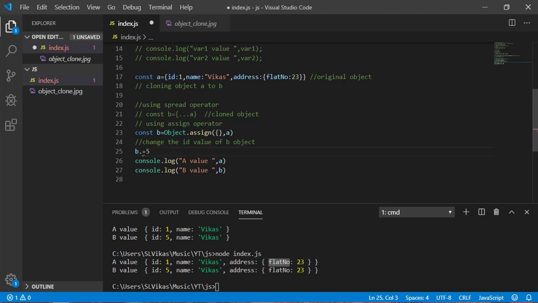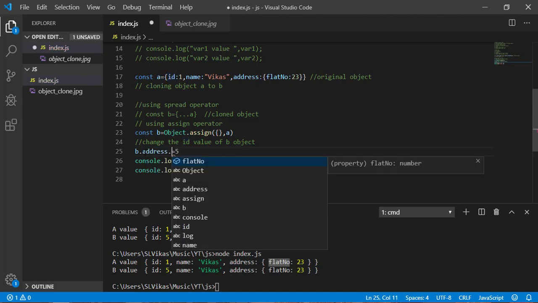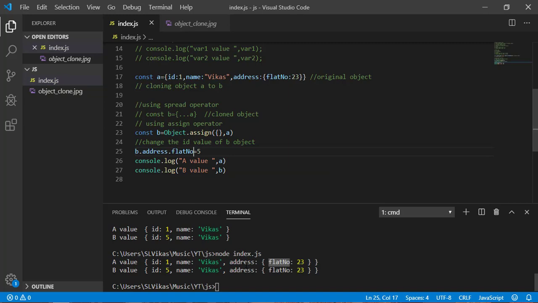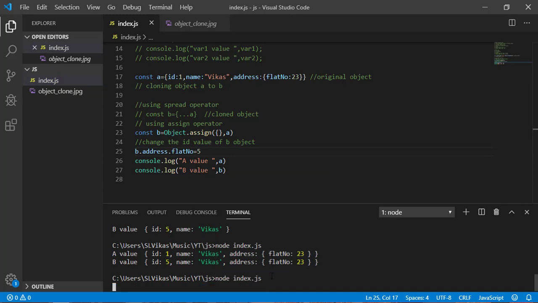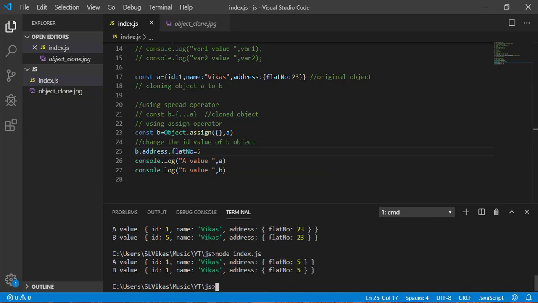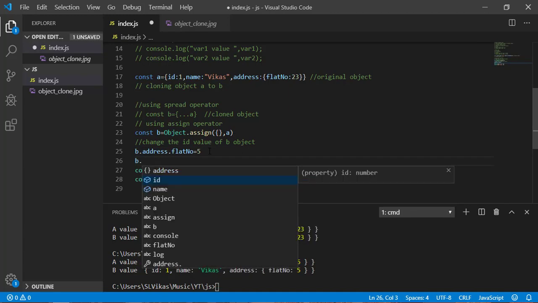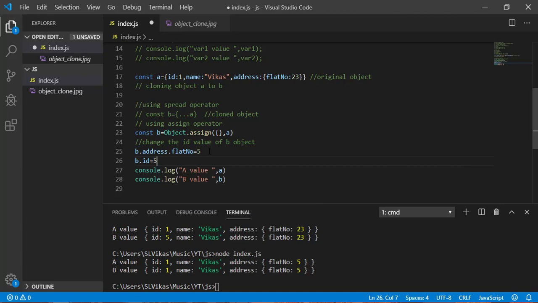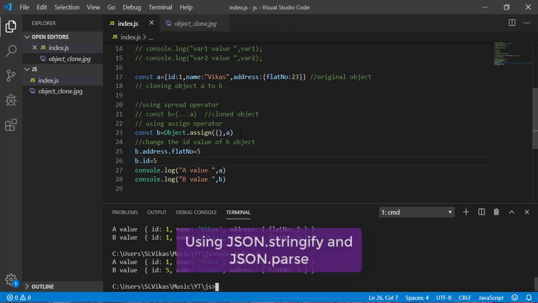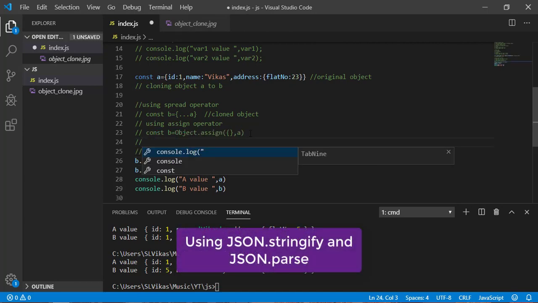So I can write here b dot address dot flat number and make it a 5. So now execute. As you can see here, still I am using assign. If I am writing b dot id equal to 5, it will work here, but why is it not working for the nested object? So in that case, if you want to deal with the nested, you need to go with the approach stringify and parse.